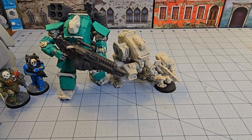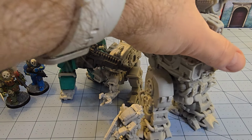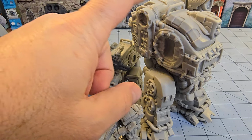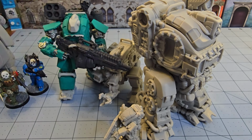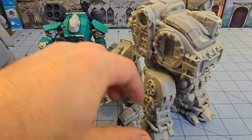That's not all there is, though, because we do have a step up even from that, and that would be the Ares. Now, the Ares is one that I did get most printed. I don't have it really all glued together yet. And one of the cool things about all these guys is they have a lot of options in terms of heavy armor, light armor, scout armor, refractive armor on them,